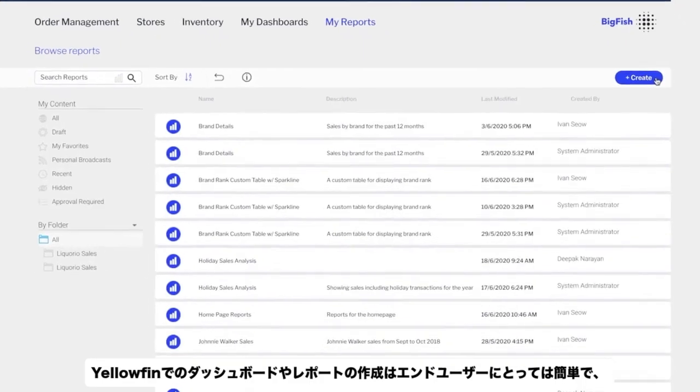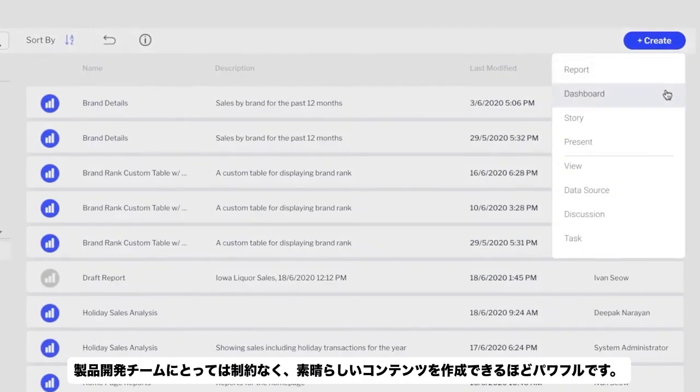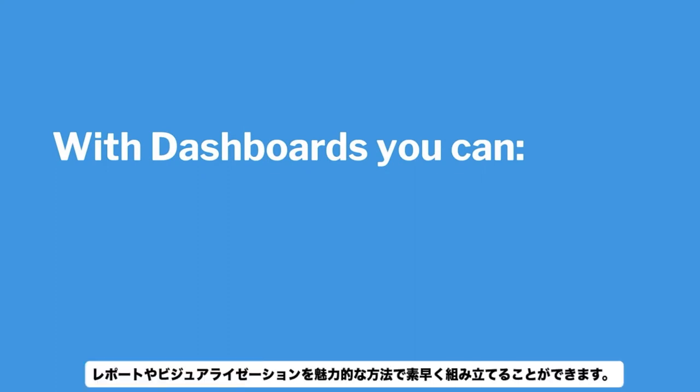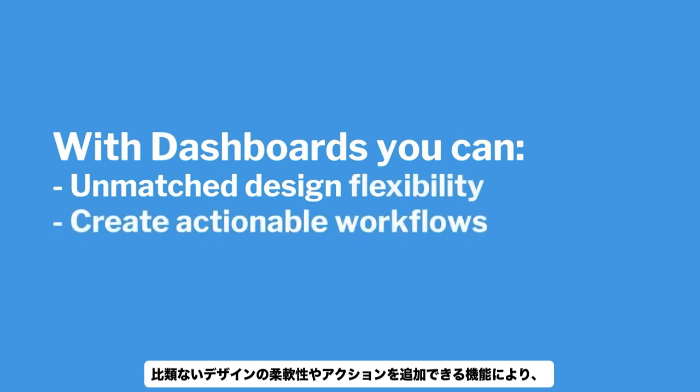Creating dashboards and reports with Yellowfin is easy for your end users to do and powerful enough for your product development team to build amazing out-of-the-box content without constraints. Yellowfin dashboards allow you to quickly assemble reports and visualizations in a compelling way. With unmatched design flexibility and the ability to add actions, you can create dashboards that will have a big impact